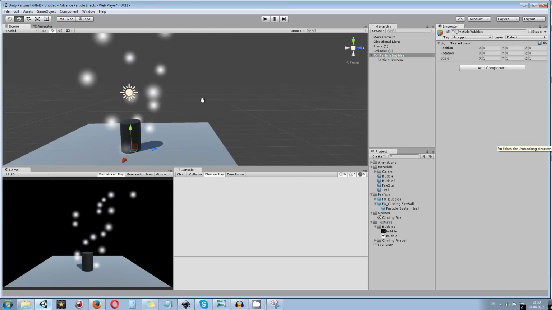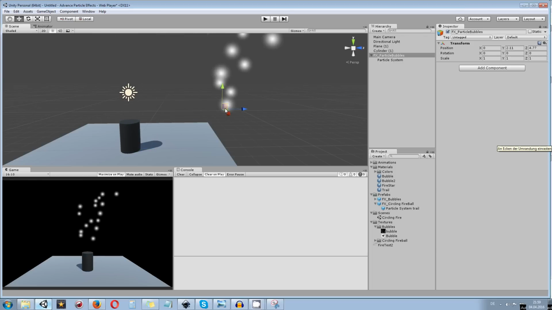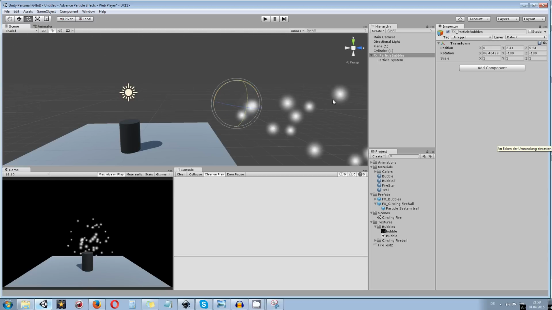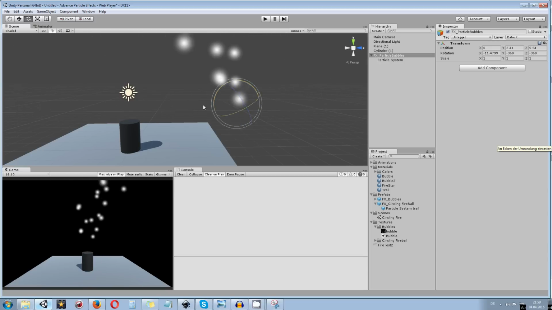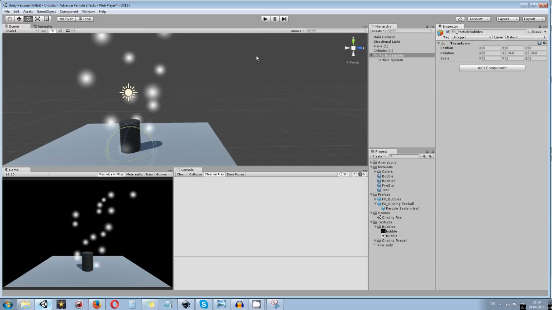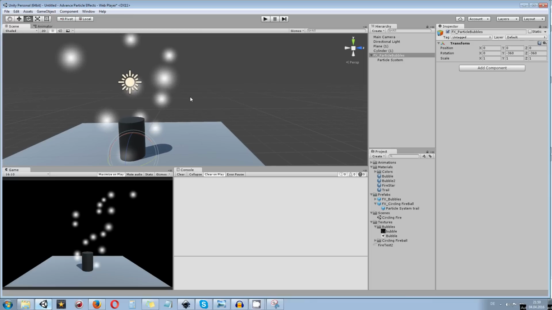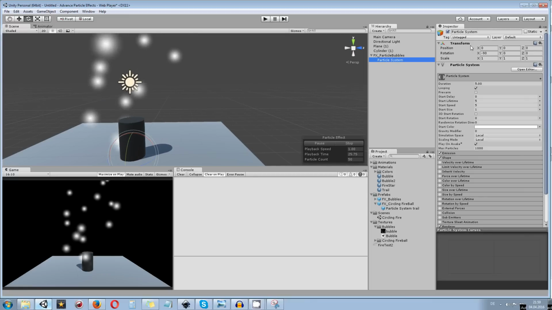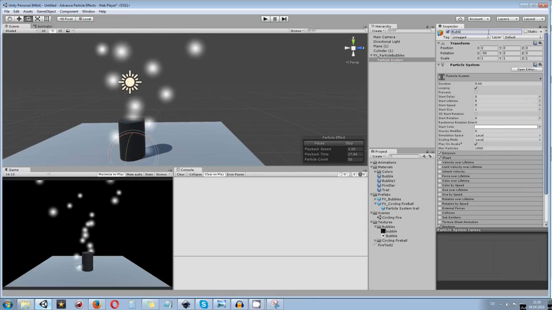Why are we going to do that? Basically, you can now take that FX game object, and if you are programming anything in the particles, you won't affect anything, and you are able to rotate the particle effect in any way or move it to any position without affecting the particle system itself. So we go over and reset the position of the FX once again. Now let's go into the particle system and rename this one to bubbles, like this.